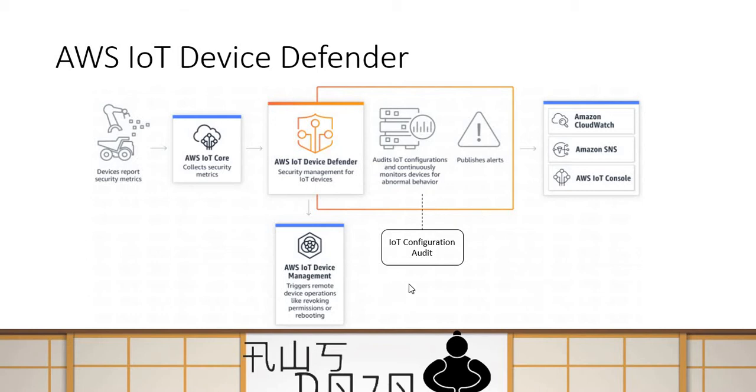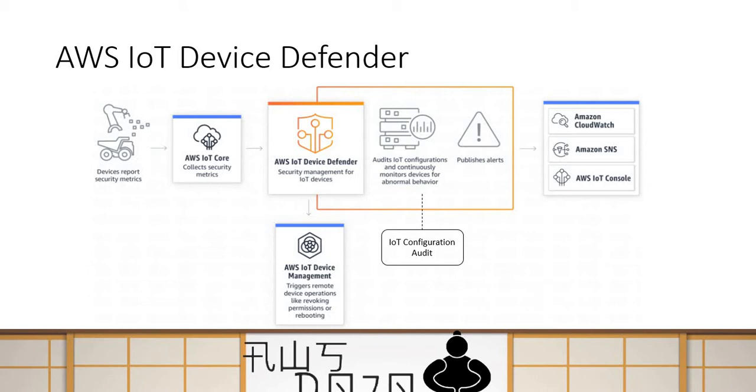When you go and configure this part, it's pretty straightforward. It will show you the list of different best practices. You can select which ones you want to enable and which you don't want to enable, and for the ones you enable, if any violation happens in those best practices for IoT configuration, it will